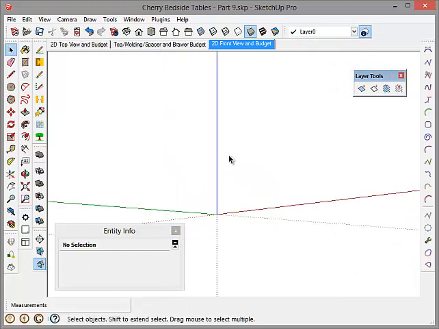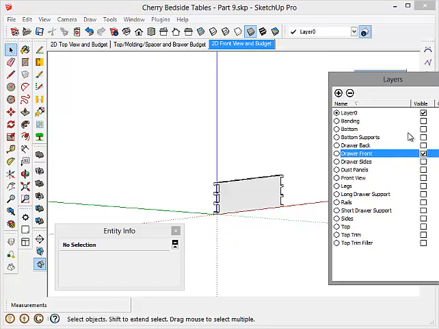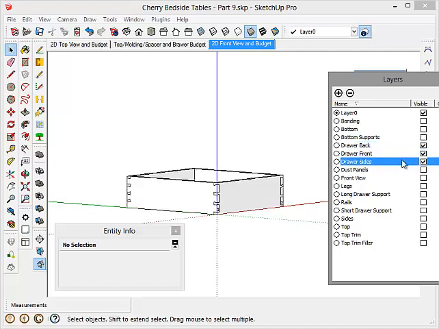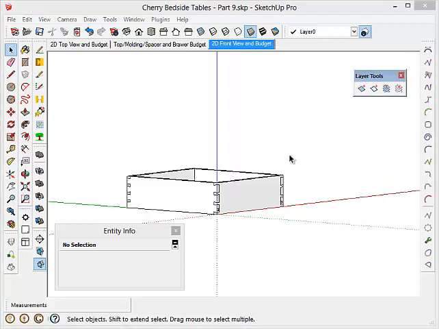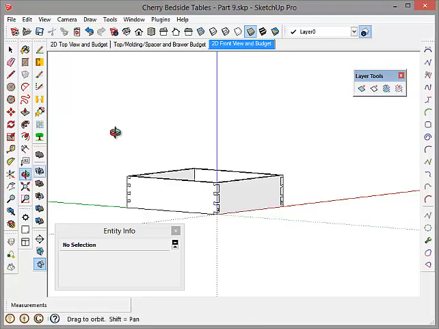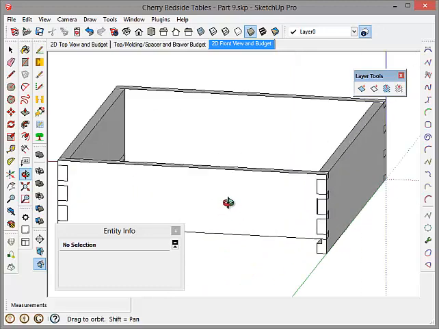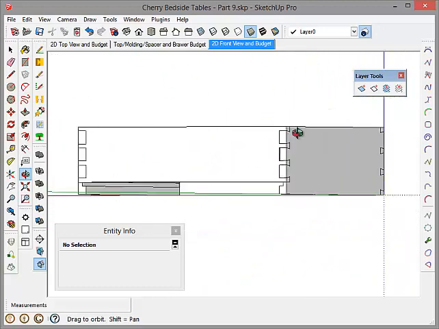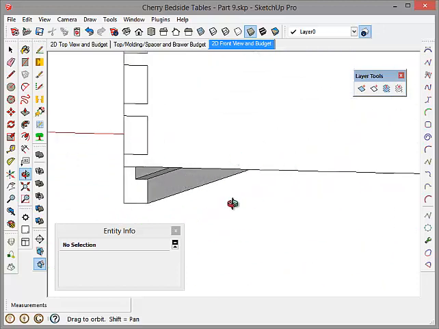Okay. Now, if I bring in the draw front, draw back, and draw sides, I've got a box, no bottom yet, but I got a box. Let's take a look at it. This is obviously the back here. I'm going to create a bottom. The bottom's going to have beveled edges, 8-degree beveled edges. So if I look at it from the back,